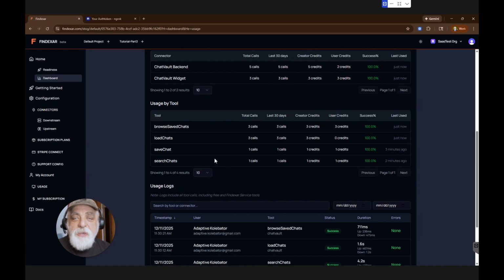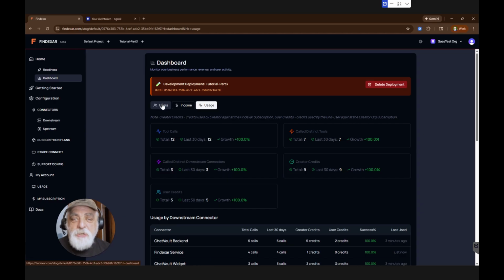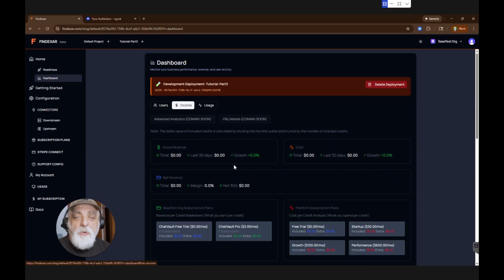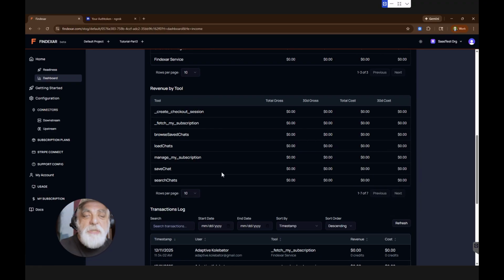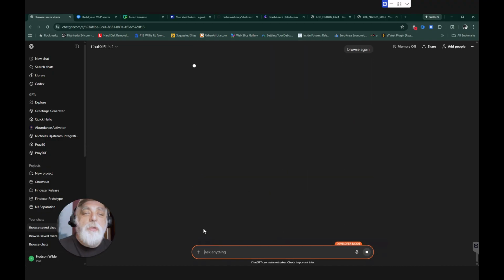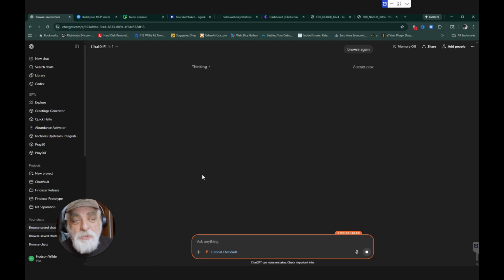So if we go back here and look at the users, we have one user, it's on a paid plan. And now we should have some, well, we still didn't use any paid calls. So let's browse again. Now it gives me debug information because I told it that we're debugging. And we're about done. I just wanted to show you how the user upgrades. And then when a call happens,